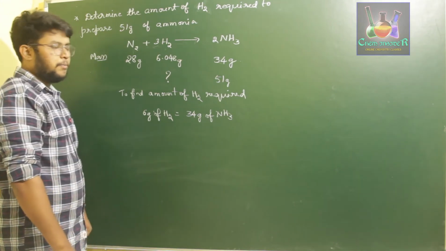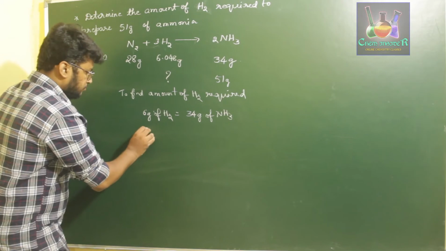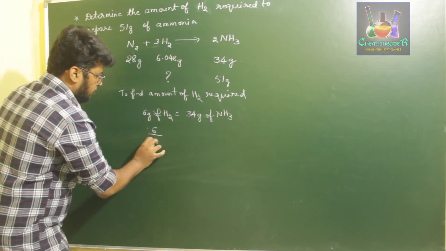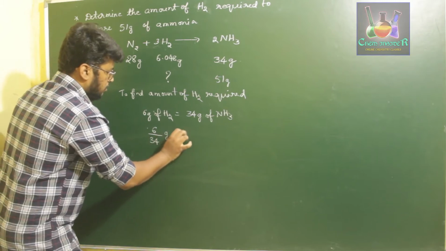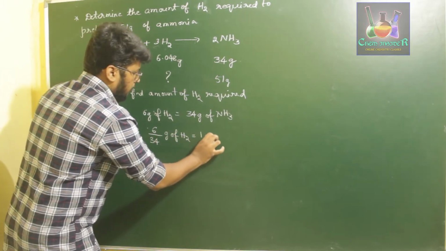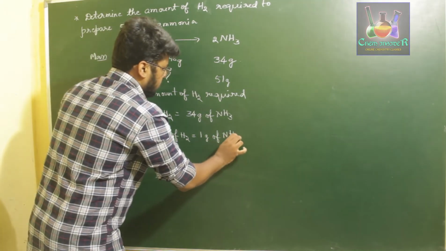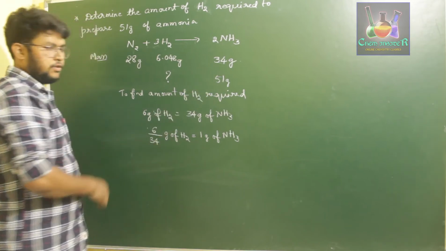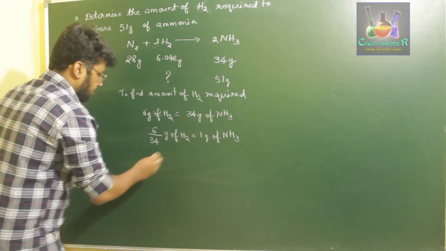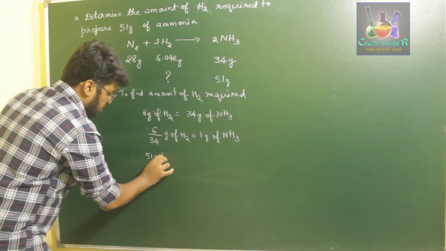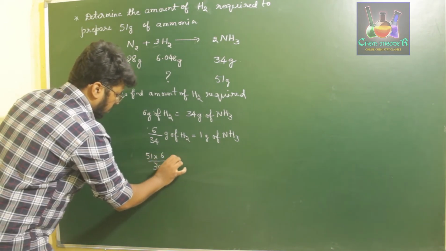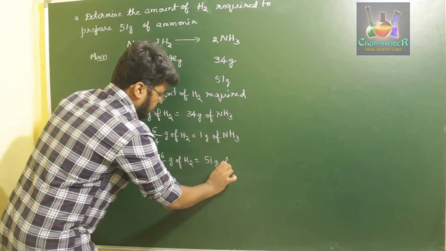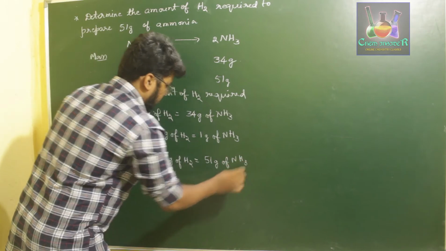So in order to prepare 1 gram of ammonia, what you have to do is divide both sides by 34. So 6 by 34 grams of hydrogen gives us 1 gram of ammonia, right? Now, in order to find the hydrogen needed to prepare 51 grams of ammonia, multiply by 51. That is, 51 into 6 divided by 34 grams of hydrogen is required to prepare 51 grams of ammonia, right? So on solving these two,